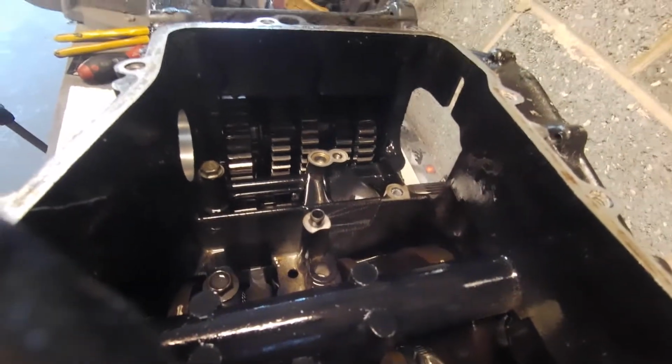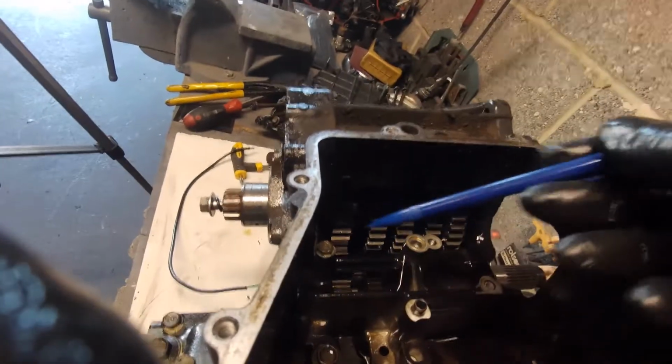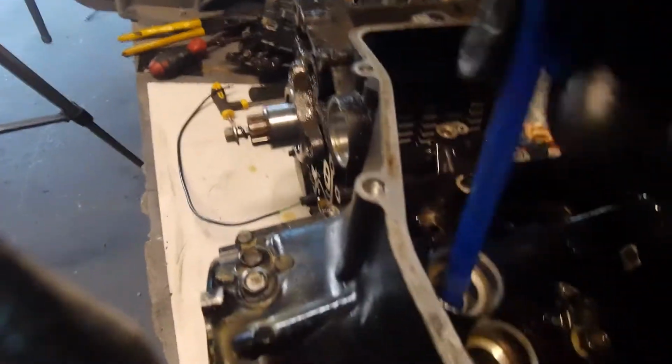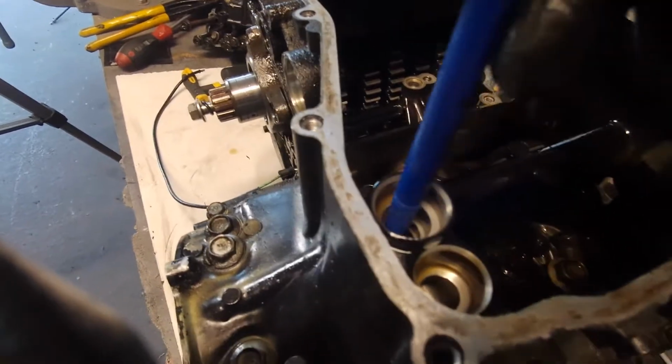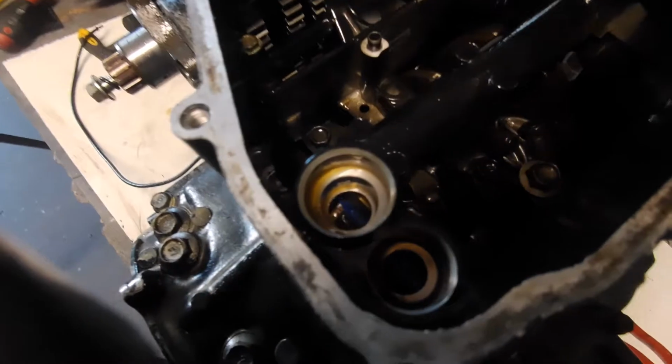Okay, just moving on from what we discussed earlier. You can see a little bit more now with the oil pump out of the way. Again, it was here, it had a feed pipe that fed into here. Same chamber is where the oil pressure relief valve sits, and it feeds into here, and obviously if I move, you can see